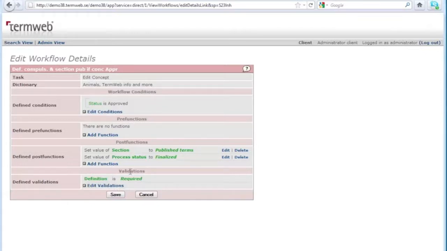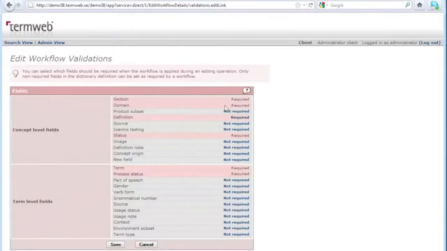So this is, if you recall, the warning that we got about the definition. This comes from here. So we have a validation that says, also make the definition field required. So I cannot save my new concept or this new term that I just created unless I have a definition. And we can, of course, have more validations. We can have more fields and more